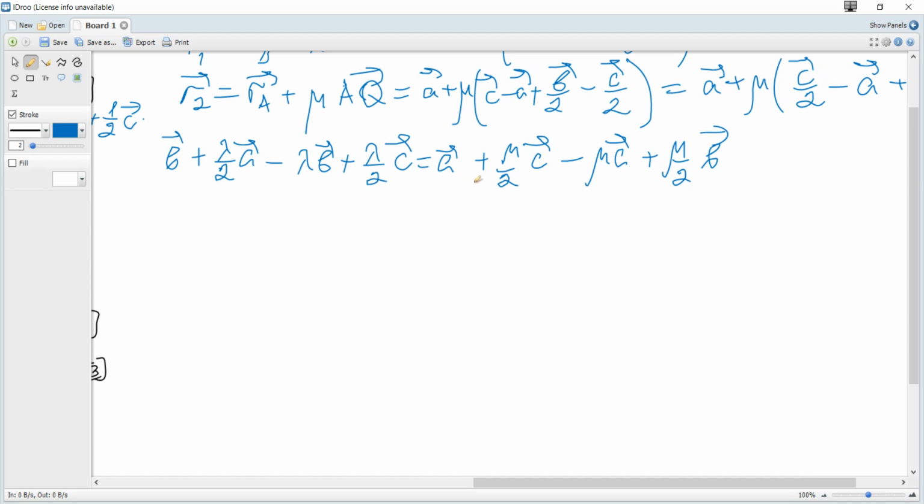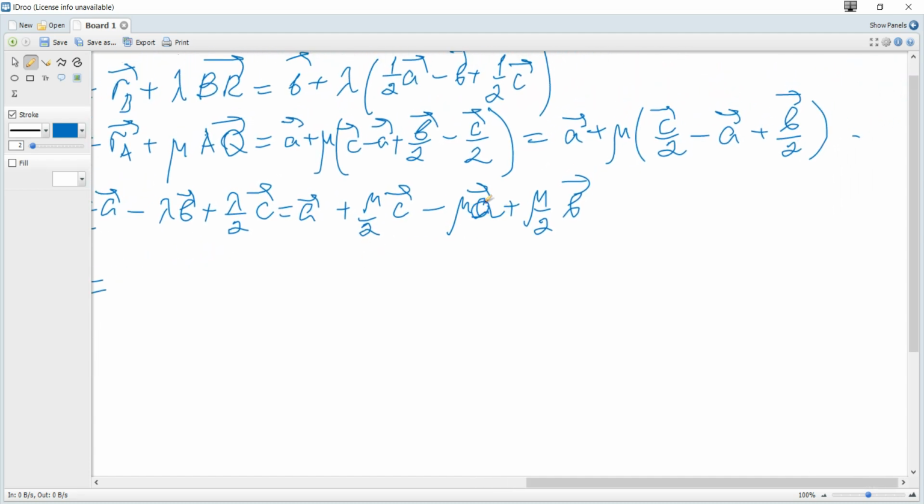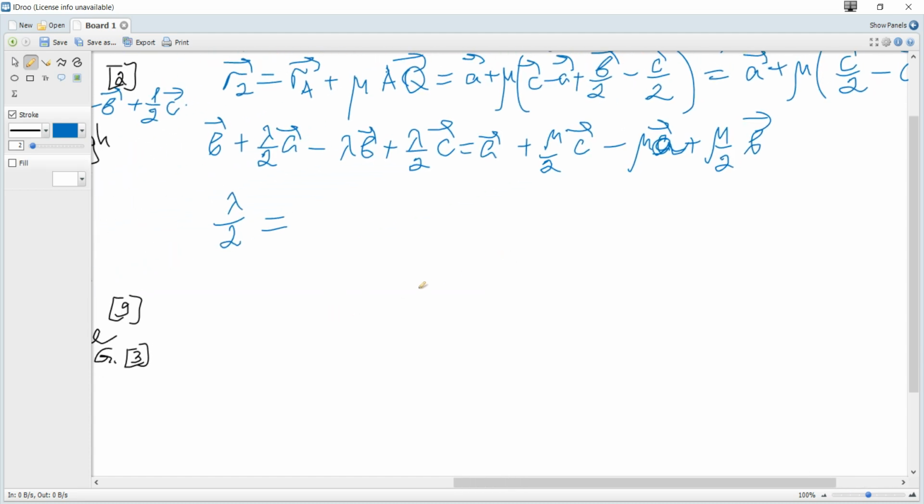So let's consider vector A: it becomes lambda over 2 is 1 minus mu. For B, 1 minus lambda is mu over 2, and for C,